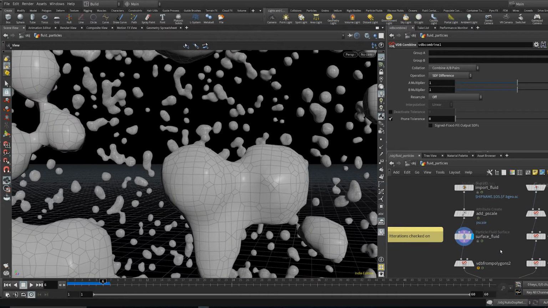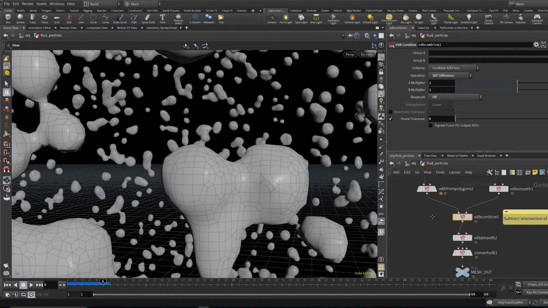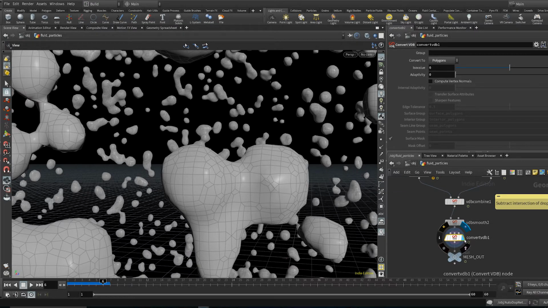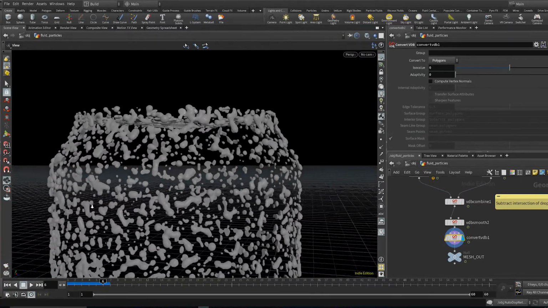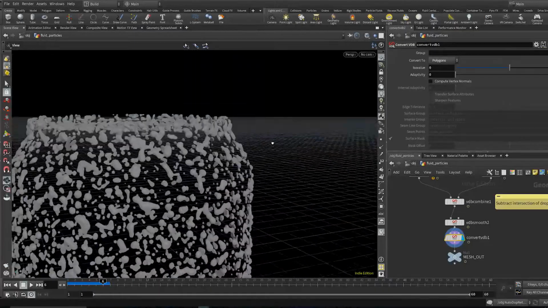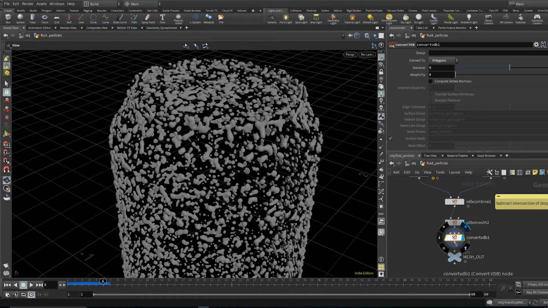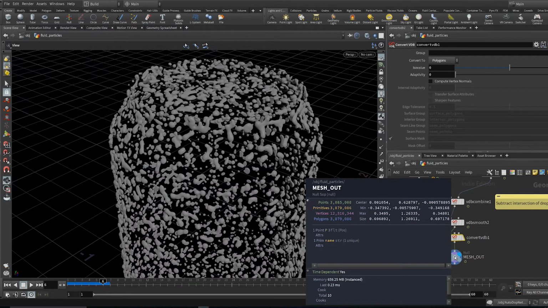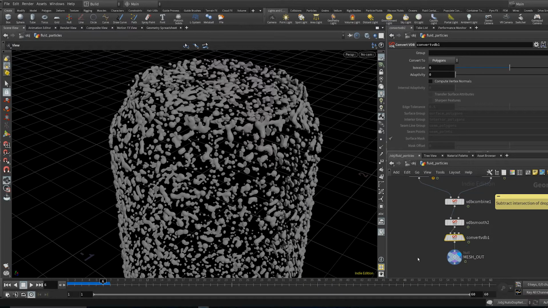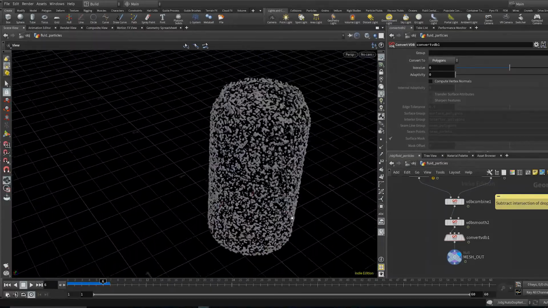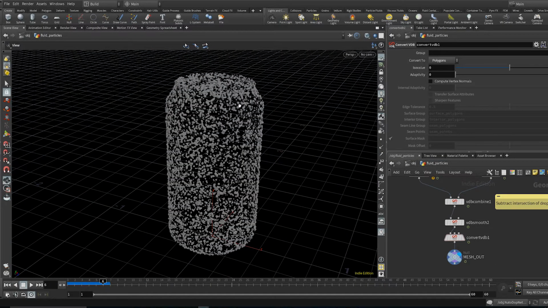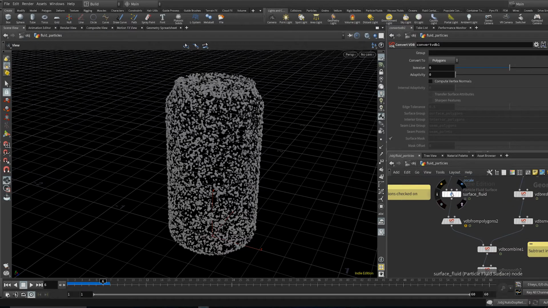So yeah, your surface fluid is nice and optimized, and you can do that down here. I just prefer to go high poly if I'm going to do condensation, because I want this to be smooth and I want it not to look faceted. So I'm okay with taking that hit in polygon count. And we can actually look at what we're getting down here too. So we're sitting at 3 million polygons for all this condensation, which really isn't that bad. I mean it's high, it really is. It could be optimized, but it's really not that bad when you're going up here and you're looking at